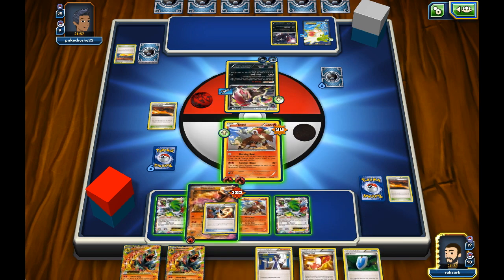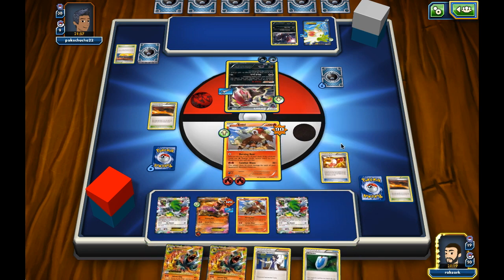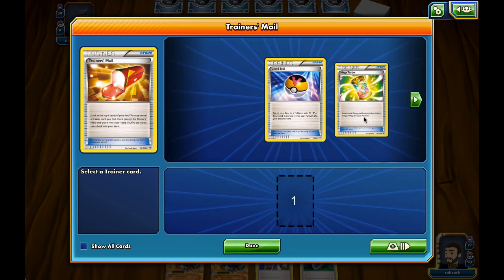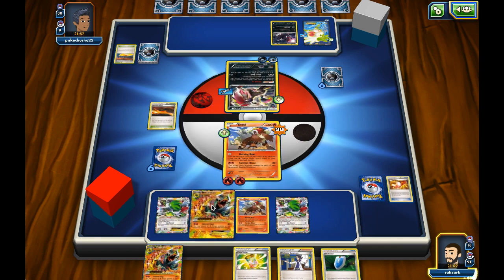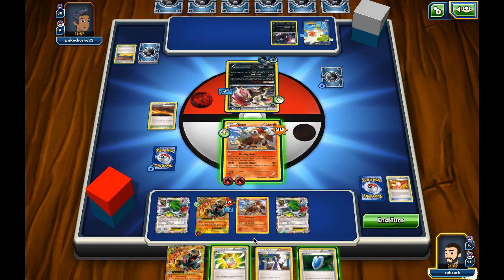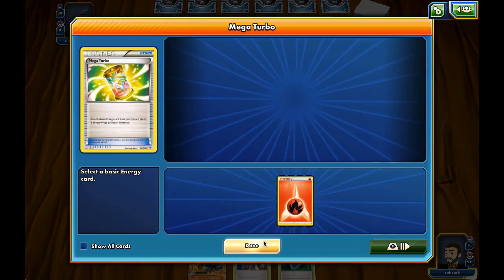Okay, we got a Spirit Link. And we can actually evolve after... Okay, let's just play this thing. Okay, we got a level... Oh, wait. Actually, we have the Mega Turbo. We can actually attack this turn with our Mega. Oh, that's nice. That's perfect. Almost picked up the level ball there, which would be ruinous for us. I mean, not ruinous, but it's way better to just knock out his